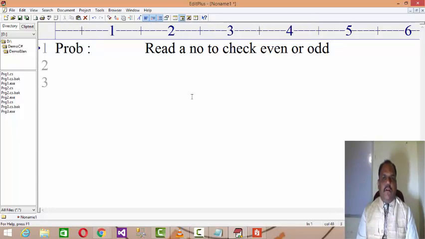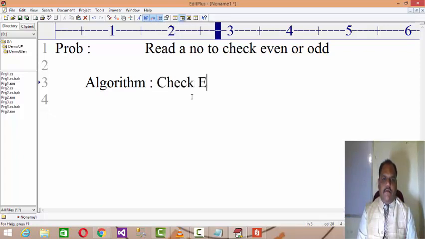So you define the algorithm for it. You first of all design the things and understand the problem. Design by using a flowchart, right? Start, then take the input as a number, then you take a decision and all, right? Here I'm discussing the algorithm. Let's say I'm writing the algorithm: check even or odd.